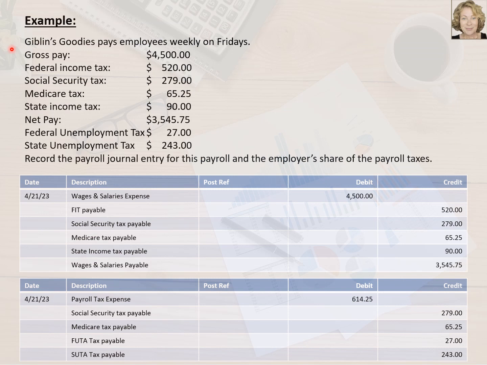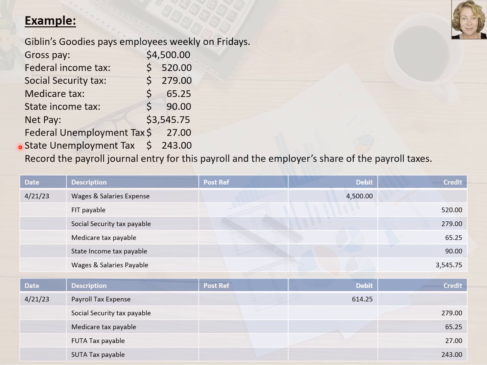Here's another example. Giblin's Goodies pays employees weekly on Fridays. The gross pay is $4,500, and it shows us the withholdings and net pay of $3,545.75. In addition, we see FUTA taxes and SUTA taxes. What do we have to do to record the payroll journal entry for this payroll and the employer share of